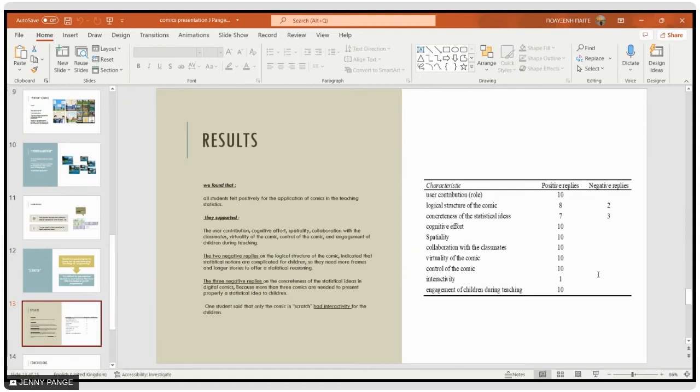We also have three negative replies on the concreteness of the statistical ideas in digital comics. Why did we have that? Because the libraries and backgrounds, and also the designs they wanted to find in the free version, were limited. That's why they said the concreteness of the statistical ideas made students uncomfortable to use it.